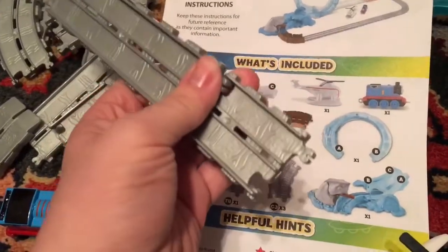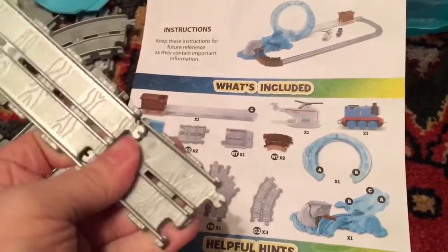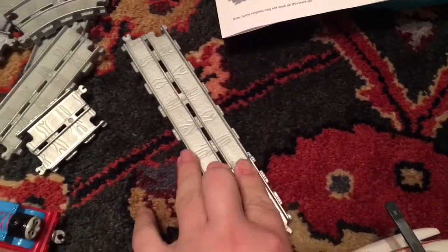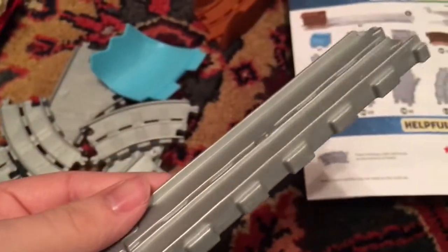Instructions. Oh, never mind. It's about to move. What? No, dear. Just instructions there. Track there, other track there. There we go. It's very sturdy for what it is, and it's easy to take apart, unlike the Trackmaster track